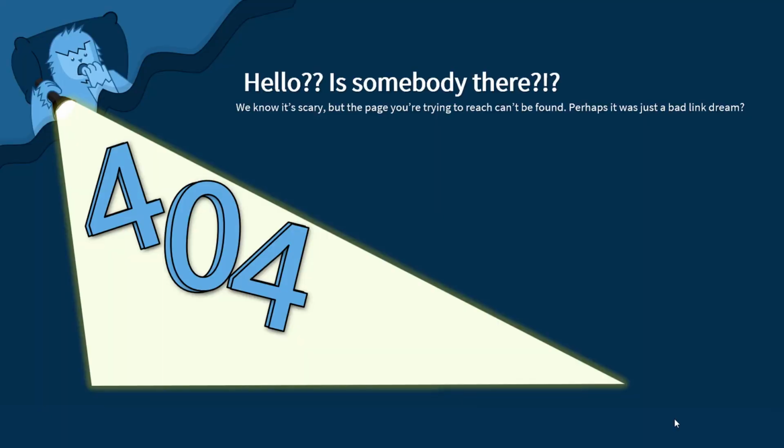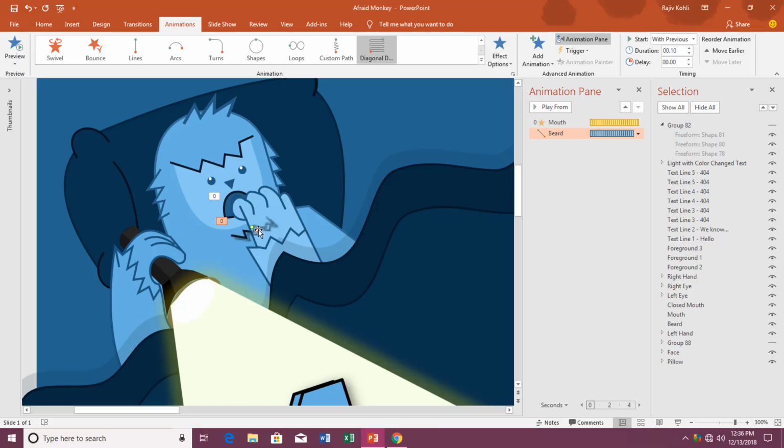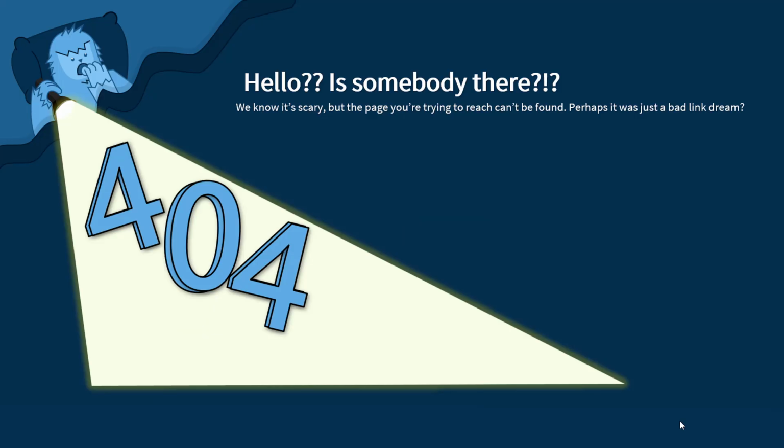Okay, I want to shorten it a little bit, but you can hold down the Alt key when you need to adjust the path length of motion paths. I think that's fine here. Let's see the slideshow. Okay, that's fine. It will repeat this effect 25 times and then it will stop, and that is when the light will blink.